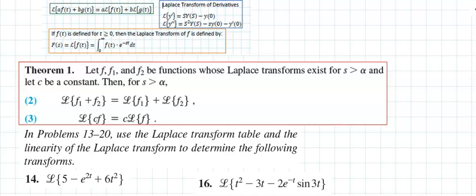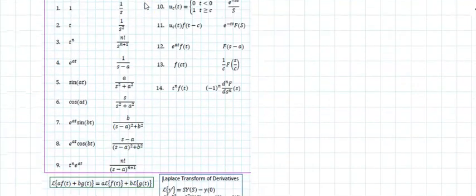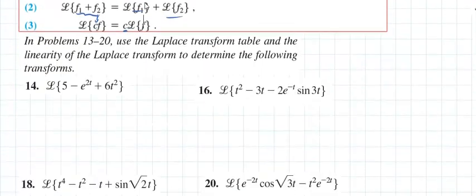if you apply the Laplace transform on the sum of two functions, then that's the Laplace of the sum of the Laplace of the functions. And if there's a constant involved, you can drag that up front. That's not an issue. So using this table, if I want to use the Laplace applied on 5,